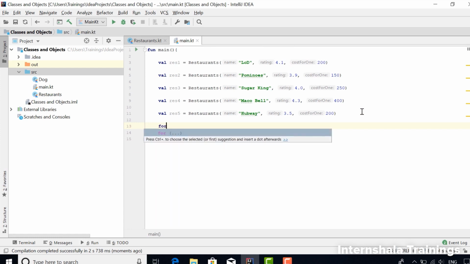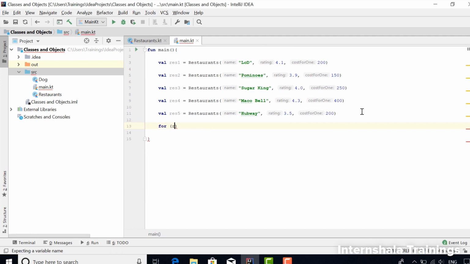We write the keyword for, then inside these parentheses we write the iterator, let's say res. Now let's say this loop will run. How can we write the iteration statement here? It is no standard increment for numbers that we want. These are all independent objects. So, how can we convert these objects into something that can help us iterate through it one by one? Take 5 seconds to think.